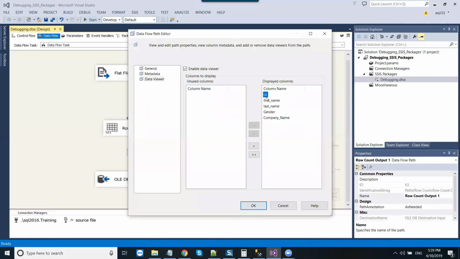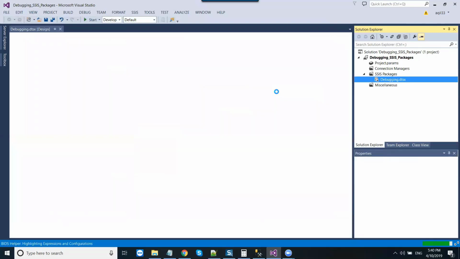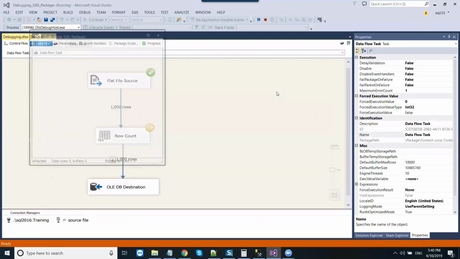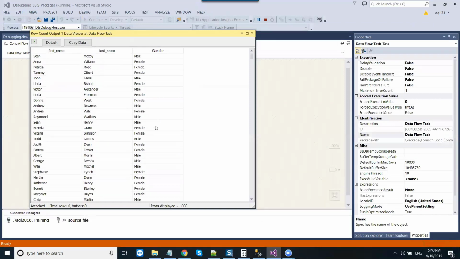For example, if I'm not interested in the ID column, then I can remove the ID, and if I am not interested in company name, then I can remove the company name as well. And now I'm looking at only first name, last name, gender. You can click OK, and then if you rerun it, you will see only the selected three columns. Okay, so you can see first name, last name, gender. So this is actually required